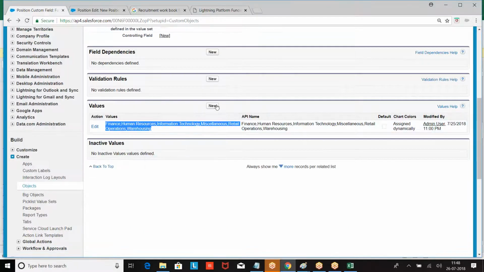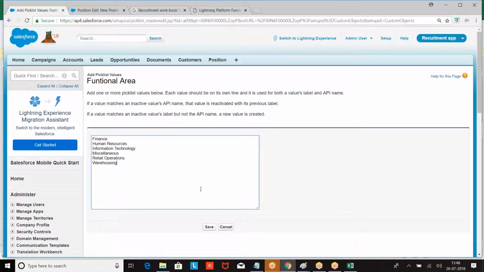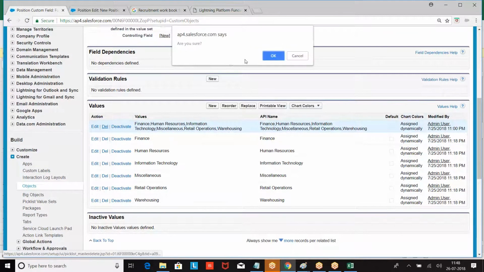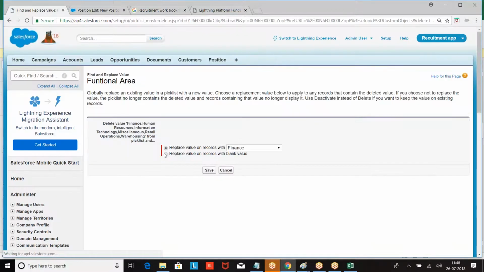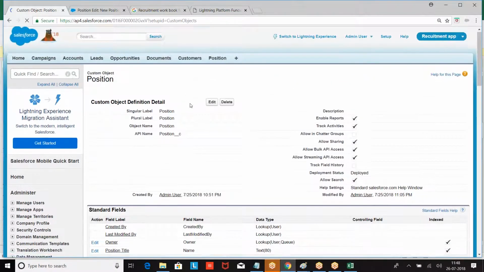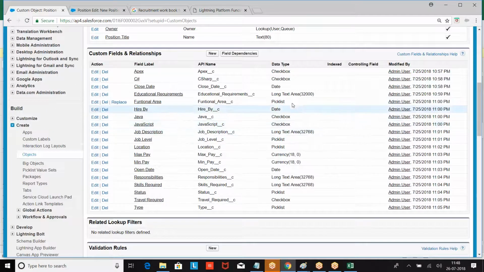Right. So new. We're clicking on new. Then remove the first one. So what are the other pick list fields we had? Go back to the position object. Then we had job level.